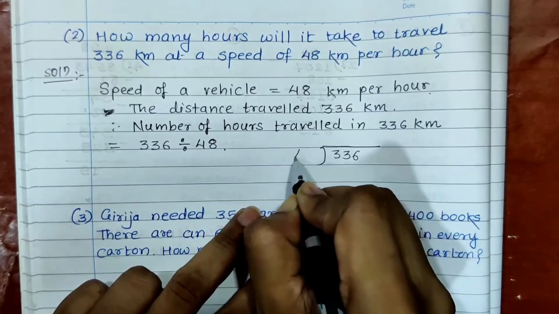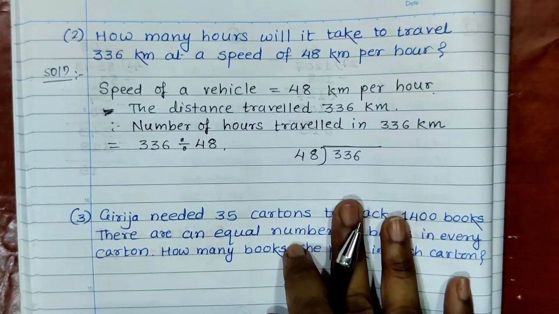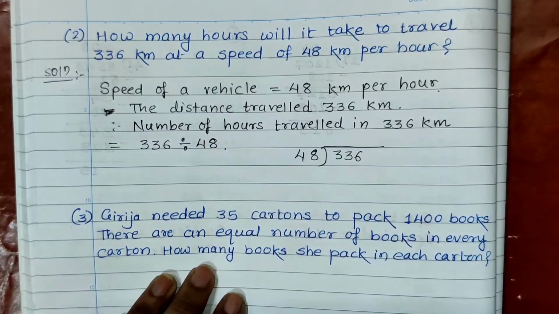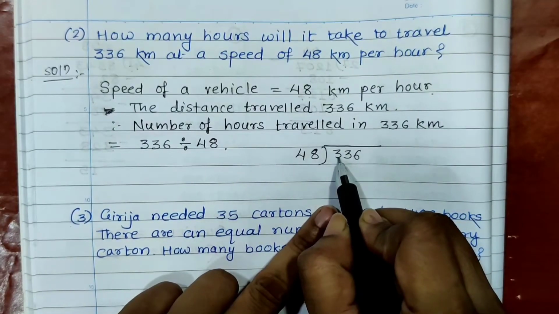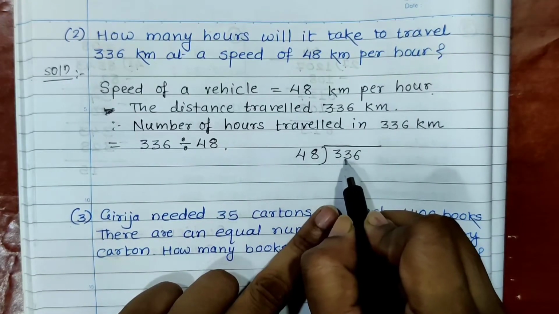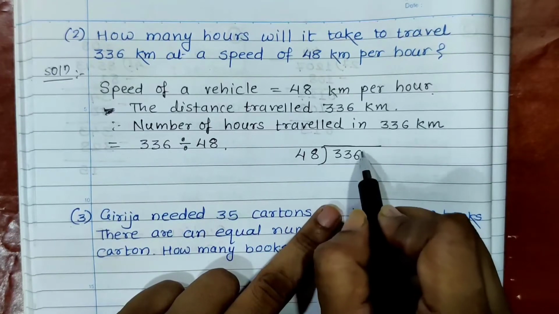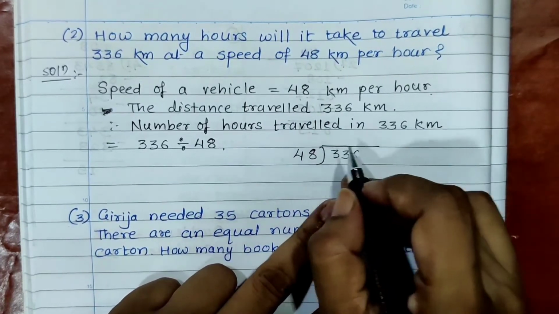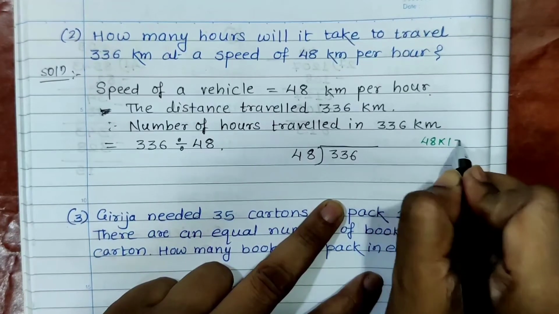336 divided by 48. And as I have told you, this 48 table you can prepare as per the requirement of our sum. So I will be preparing the table. As the first 2 digits make the group of 33, which is very small than 48, we have to consider all 3 digits, 336, and check whether it is there in the table of 48. So 48 ones are 48,